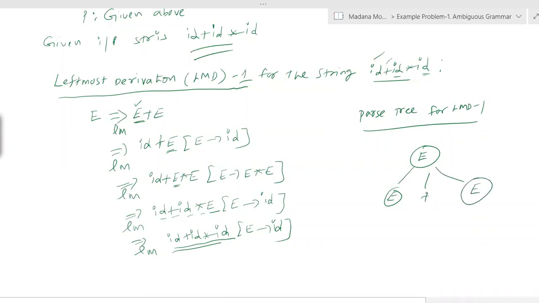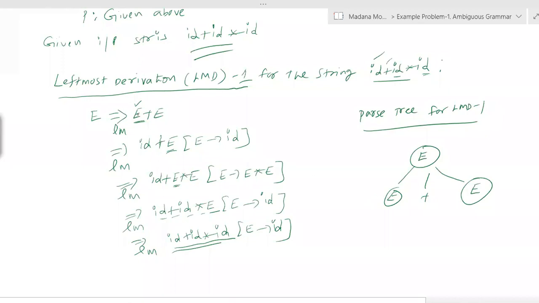In a derivation tree or parse tree, all the internal nodes and the root node are denoted by circles, whereas the leaf nodes are connected directly without using a circle. So here E is a variable, again here E is a variable, then plus is a terminal. So E is an internal node, plus is a leaf node. Only internal nodes and the root node are denoted by circles. Leaf nodes you connect directly. So this is the first step.